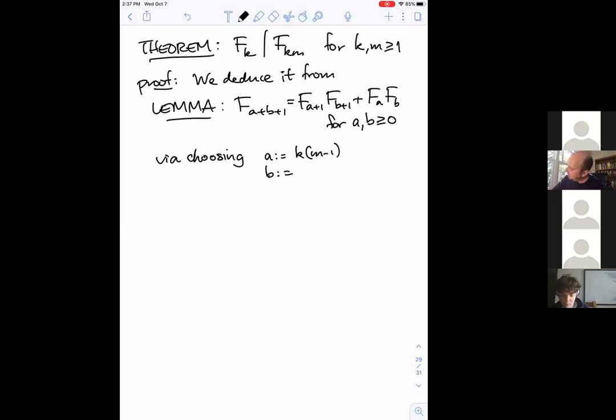B is going to be k minus 1. And then the lemma says, look at this, f of a plus b plus 1. Okay, so that's going to be f of k times m minus 1 plus k minus 1 plus 1. And you see what all that is, and you realize, okay, that's k times m